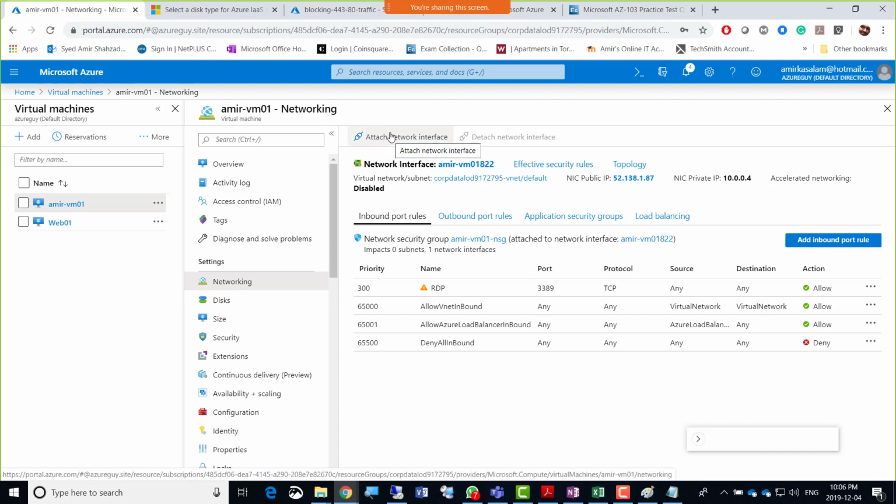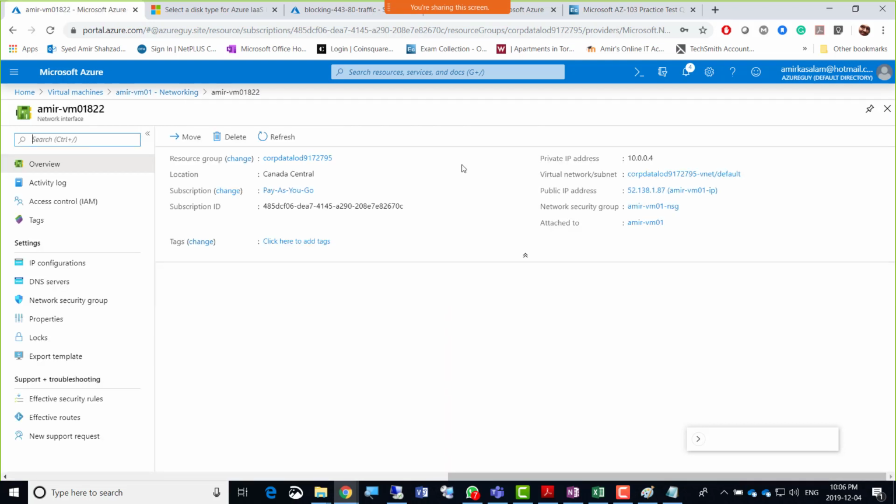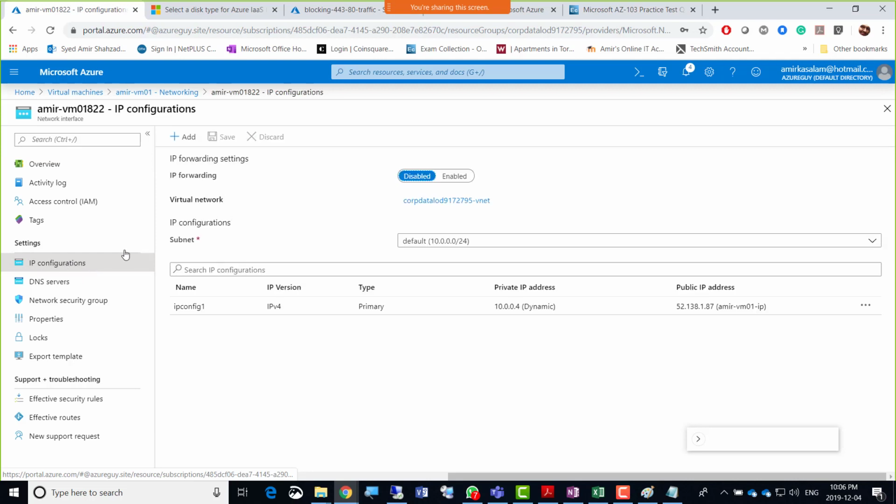So we have to just attach a public IP because there is already a public IP on the current network interface. So maybe the default network interface does not have a public IP. In that case, we can go for this. So there's a network interface, and Ali's saying to go for this network interface card name, which already has a public IP. Well, it has a public IP already, but you can go to IP configurations. Yeah, IP config and add.